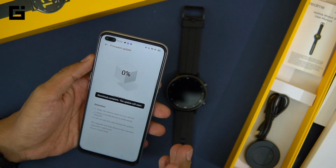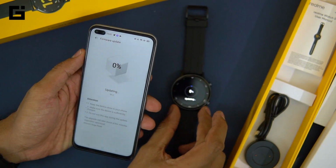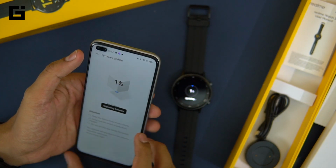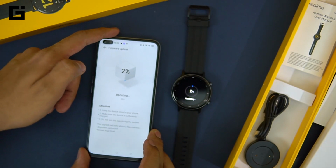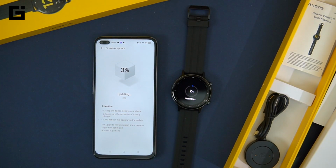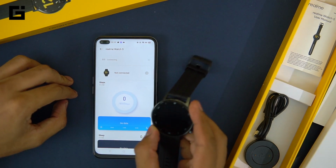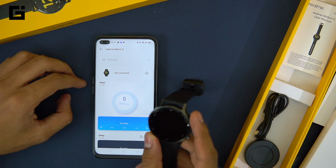While downloading is pretty quick, it would take some time for the watch to update in the background, as you can see. Now if you go back, no, you can't actually go back, you'll have to wait for the update to finish, so it would take a while for the update to finish here. So finally, about 7 to 8 minutes after that, it finally got updated, and the watch should basically restart,